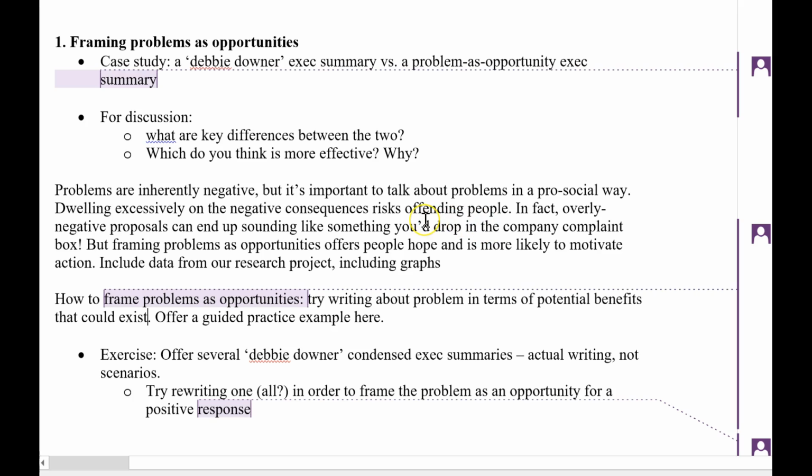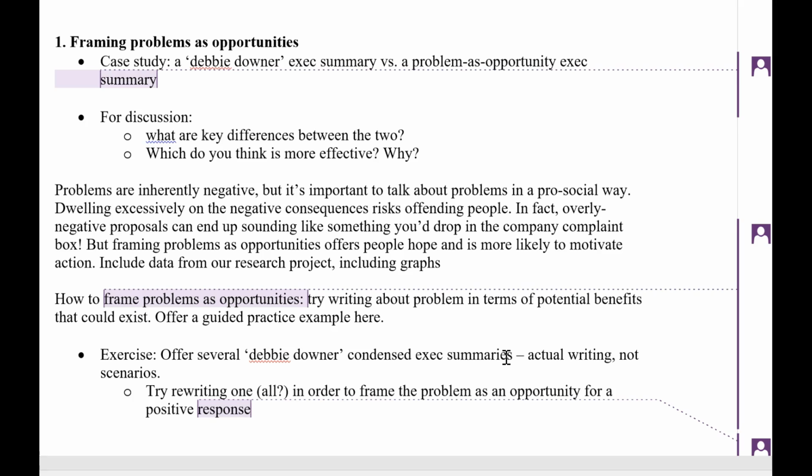Good. Now, framing problems as opportunities, and if you look at the document here, you'll see I have some notes over on the side. They're off the screen right now. But I think this needs to be broken down a little bit. What all does this mean? I think there are actually a couple steps in here. So they're using a language of opportunity, but there's probably also ways to frame a problem to align with your power channel's values or holder's values.